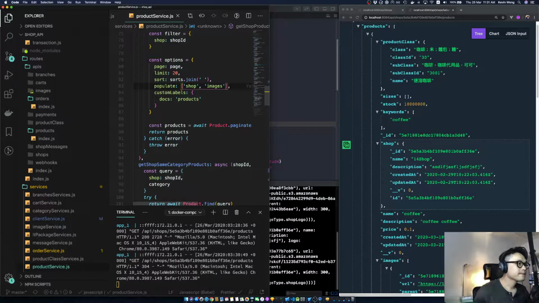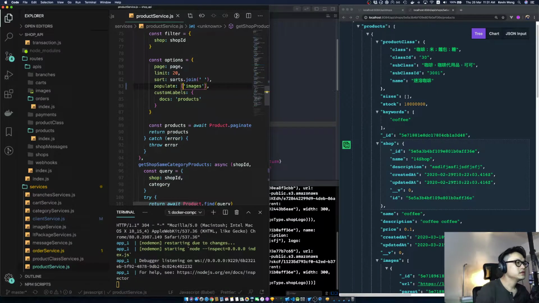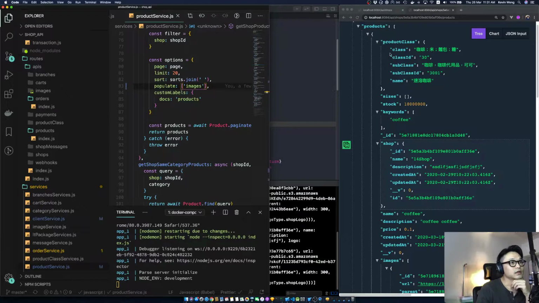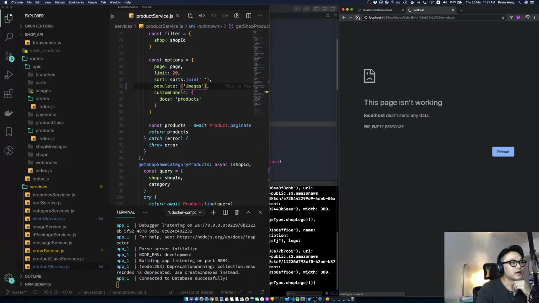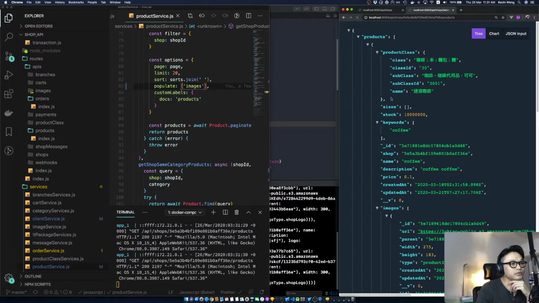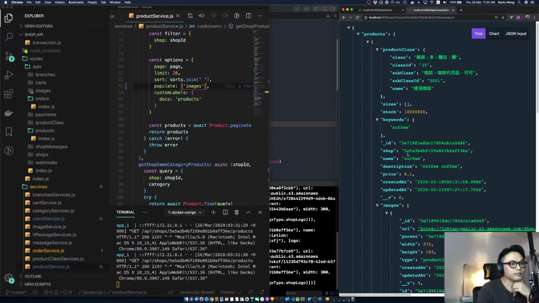If your backend developer just removes this populate and lets the server start up, then after you reload it, your shop becomes a string, which is the ID